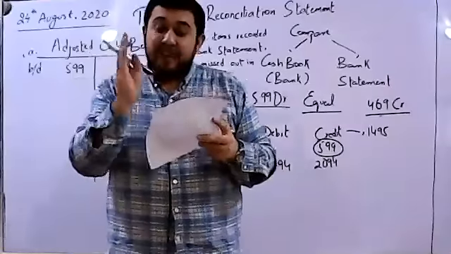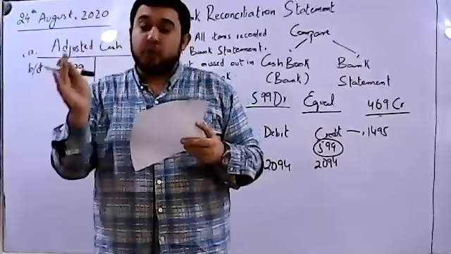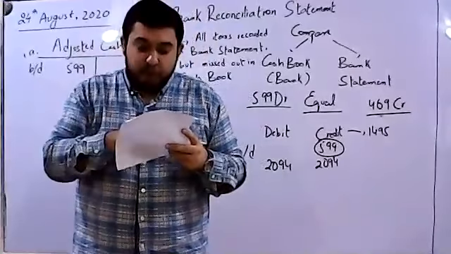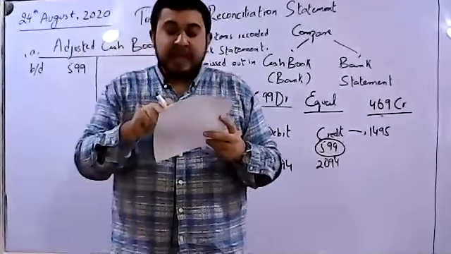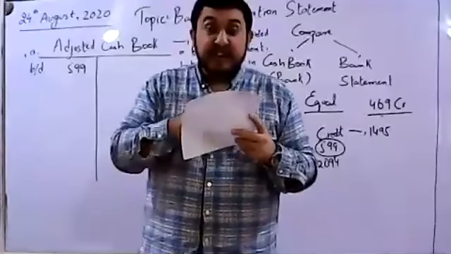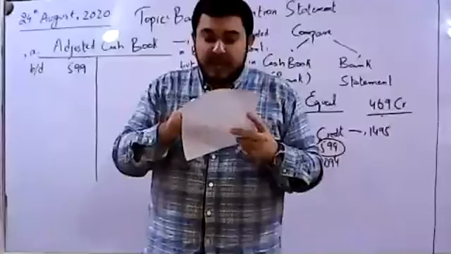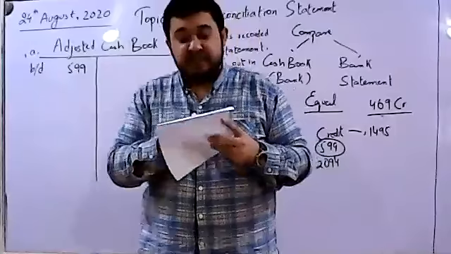So we will compare the opposite sides. If it's the credit side of the bank statement, it's going to be the debit side of the cash book. 1204, is it there? Yes, it is. That means this item has been recorded. 780, is it there? Yes, it is there. 41 below, is it there? No, it is not. And what is it? This is a dividend receipt.